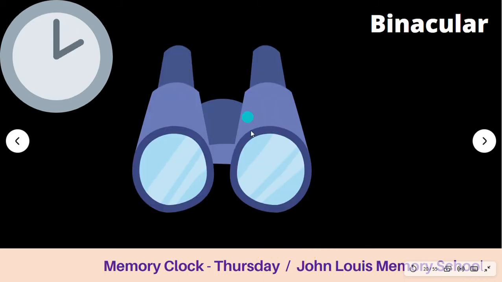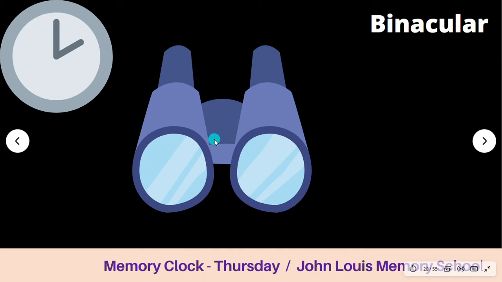Okay, now at 2 o'clock, what is the picture for 2 o'clock? First of all, binocular. So immediately think of a binocular. Always set this binocular at a particular place. So hereafter Thursday 2 o'clock means that location, that binocular should come to your mind. Every time you don't change the place, you don't change the picture. Have a fixed location for each and every hour. Based on your experience, where you have seen the binocular will pop up in your mind now. You stick to that location and that binocular.